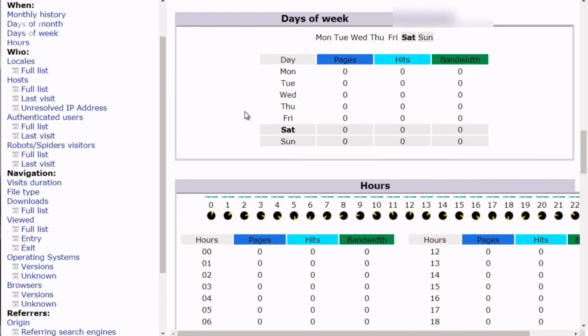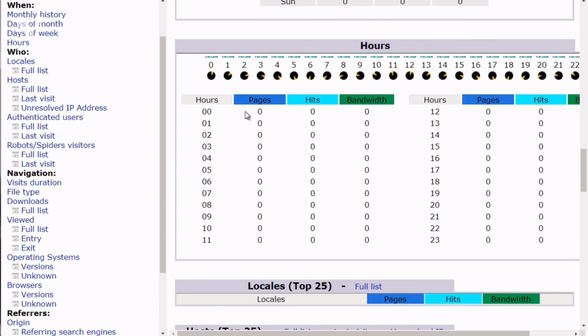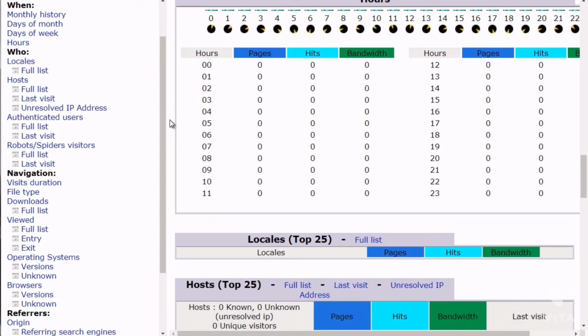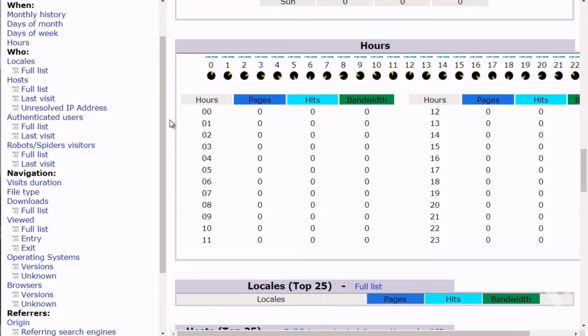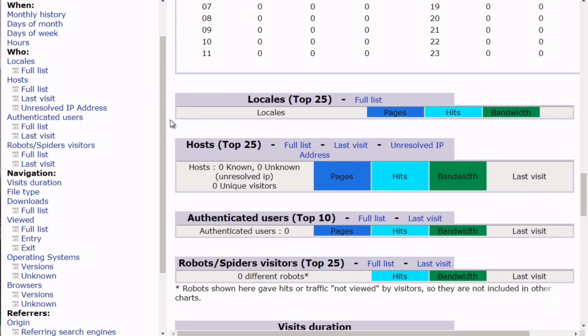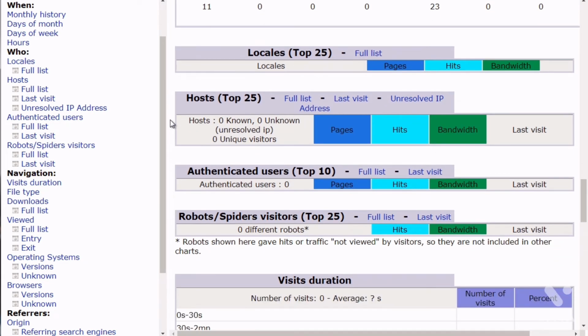We've got days of week, we've got hours, which is crucial. You might notice that you might be getting more people at a specific hour, specific time. And knowing this data is important because you can connect it to your email autoresponder system and email people at that specific hour. So really taking yourself out of the box and understanding what is happening here,